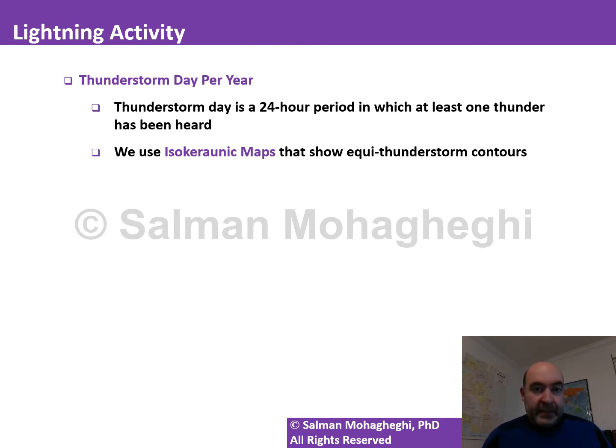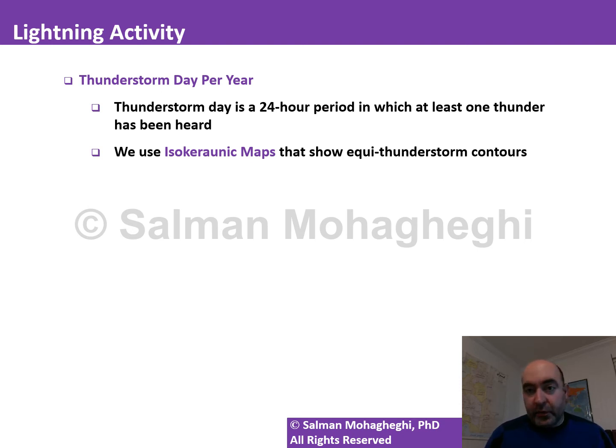This is a metric which is quite straightforward. However, it has some deficiencies. One is that it does not distinguish between cloud-to-cloud lightning and cloud-to-ground lightning. For power system purposes, cloud-to-ground lightning is a lot more important and critical than cloud-to-cloud, whereas this metric doesn't distinguish between the two. The other issue is that as long as you hear at least one thunder, you count that